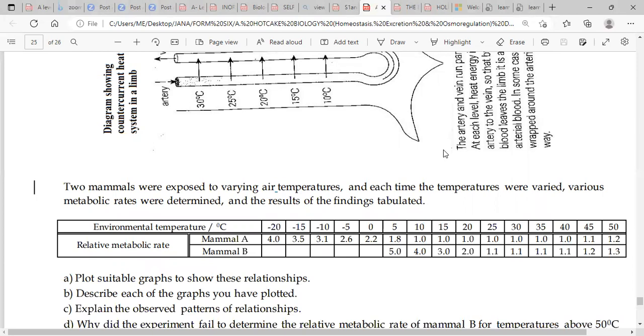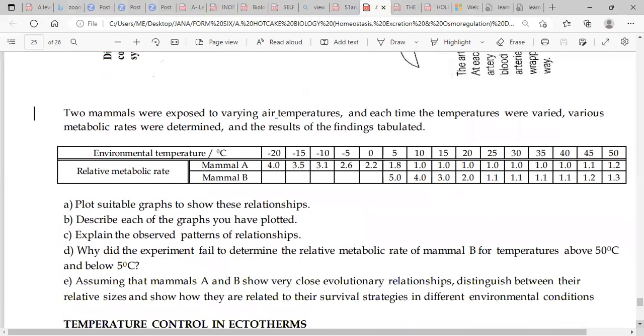Kindly plot suitable graphs to show these relationships, and describe each of the graphs that you plotted. Explain the observed patterns of the relationships, and why the temperature failed to determine the relative metabolic rate of mammal B for temperatures above 50 degrees Celsius and below